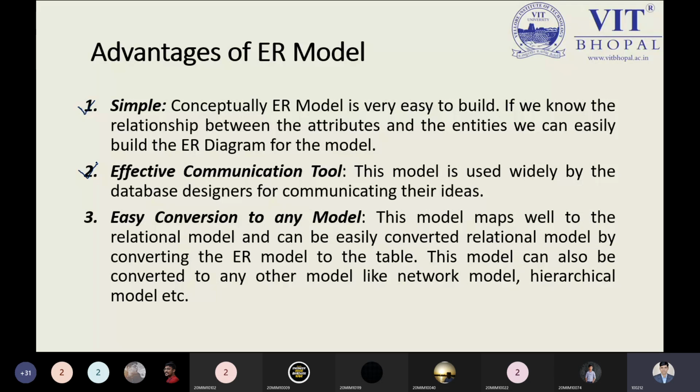And now an entity can communicate with multiple entities. Yes, of course, it is also possible. So depending on the relationship category, you are using binary relation or ternary relation. We will see this point, so keep that in mind properly. And now we have easy conversion to any model. Of course, if we have the graphical way, we can transform our ER model into tables. So how will we do this activity? I will show with the help of some example. Don't worry. So easy conversion to any model is also possible.